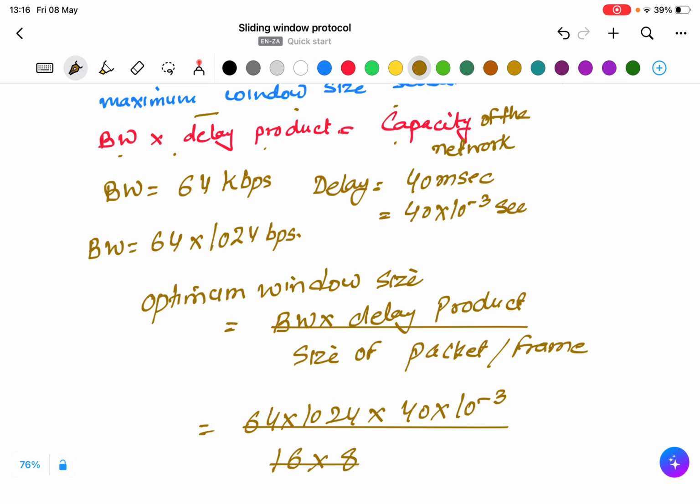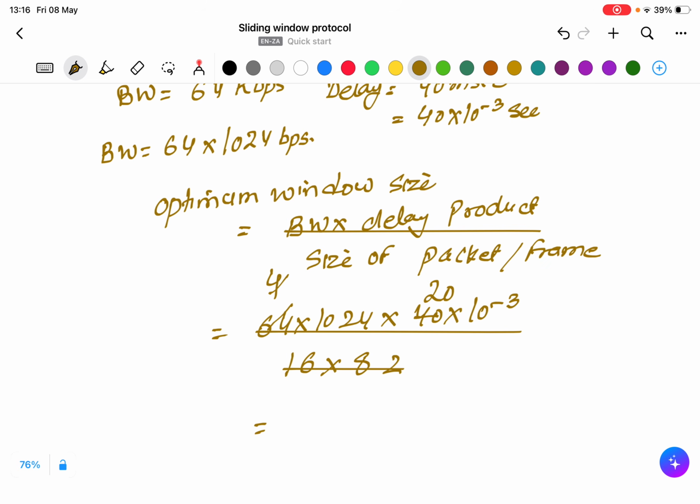If we do the calculation, it comes to 2048 into 10 raised to the power minus 3 in the numerator over 128, which turns out to be 20.480.